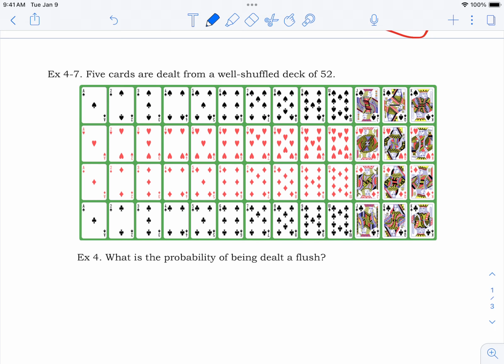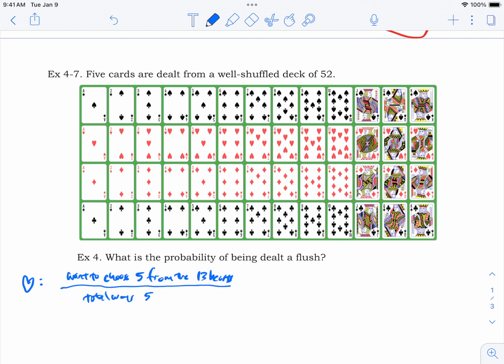Now, there are 4 kinds of flush. You could get a flush in spades, or in hearts, or in diamonds, or in clubs. Let's just think about one kind of flush first. So let's just consider a flush in hearts. What do you want? You're going to be dealt 5 cards, right? You want to choose 5 from the hearts. There are only 13 heart cards, because if you choose 5 heart cards, it's a flush. There's only 13 to choose from. So you want to choose the 5 from the 13 hearts, and the total is